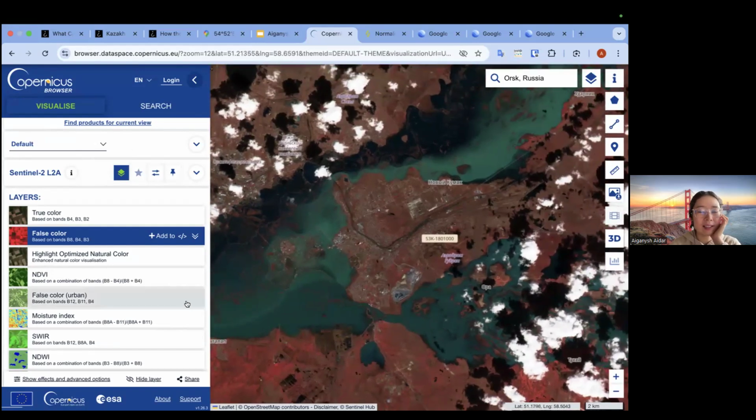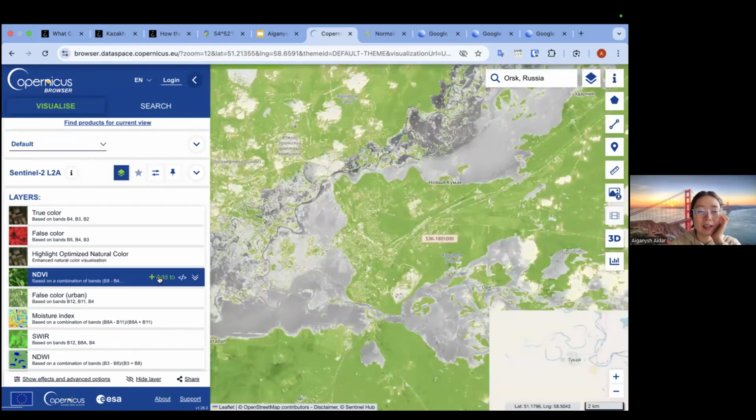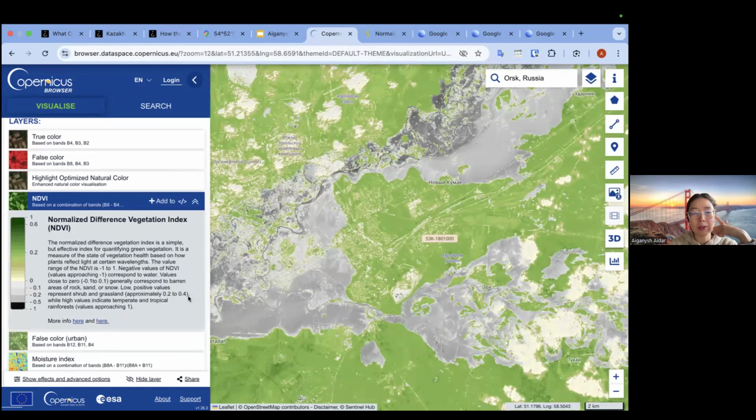Alrighty. So basically, if you click around, you'll see this highly optimized color, NDVI. If you want to learn more about them, you can just click this expand button and see basically what it does. So NDVI is great for vegetation. If you're looking at deforestation, this one's perfect because it really looks at vegetation. And if you compare how this forest looked a year ago and nowadays, you might see that the very greenish parts became more yellowish, and from there you can see that it might be evidence of